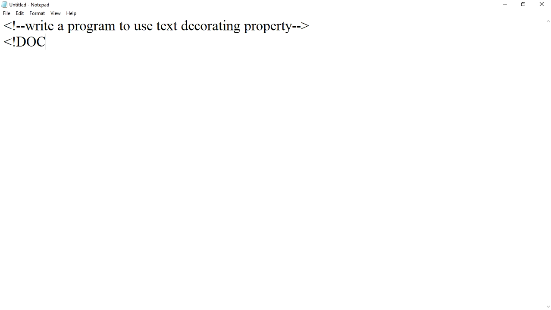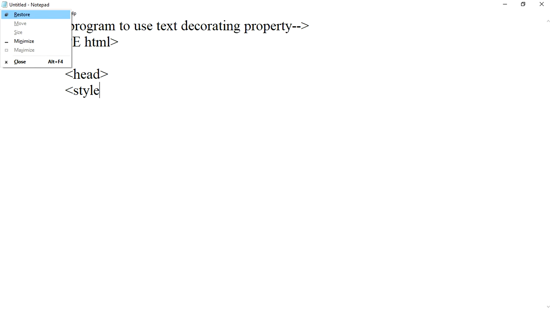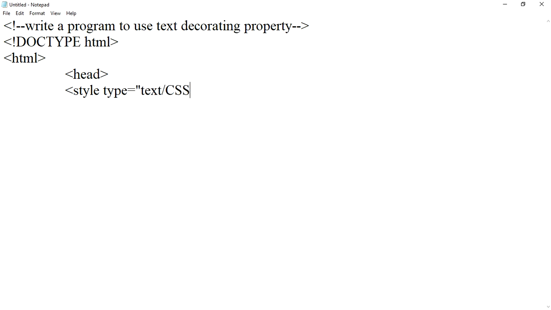We'll start with doctype HTML, HTML tag, head tag, style type equals to text slash CSS, h1 tag, text decoration, underline,